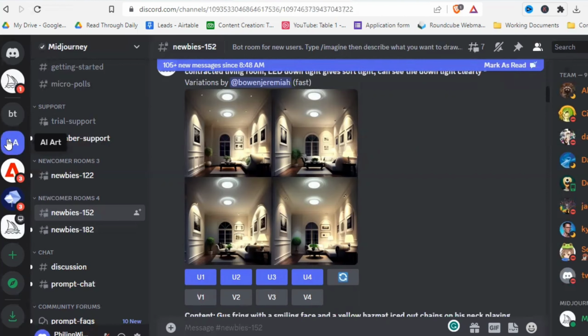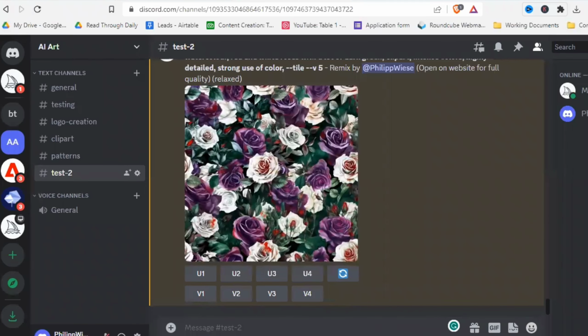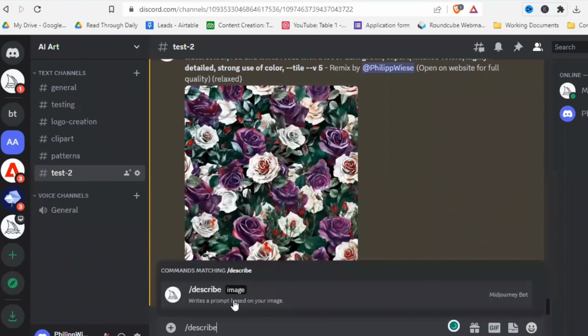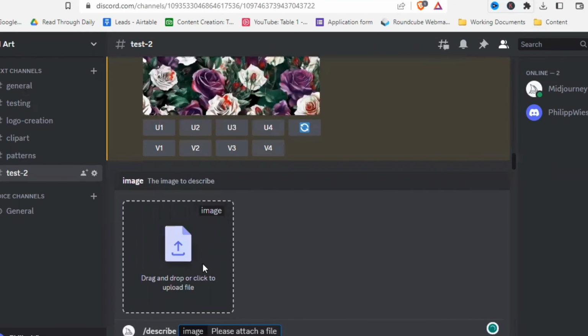And do you have sometimes moments where you think, oh, this picture looks so cool, I wonder how I could prompt that in Midjourney? Well, you can actually do that now. Type just /describe. And you can let the Midjourney bot describe any picture that you find or that you have. So let's test that with one picture that I created. As you can see, you just need to pull the picture in here,